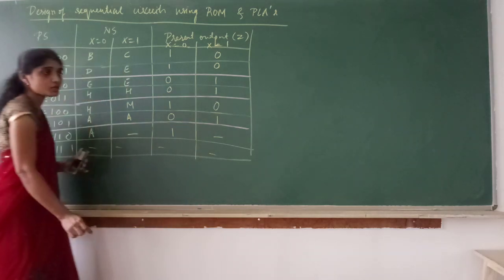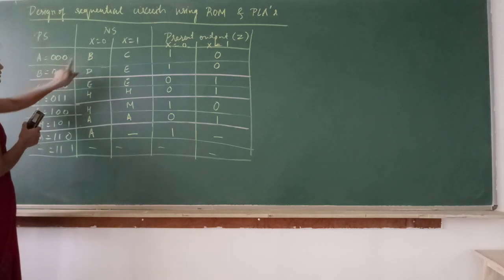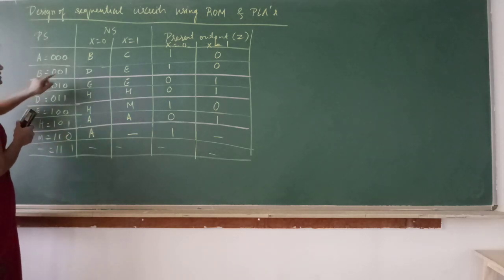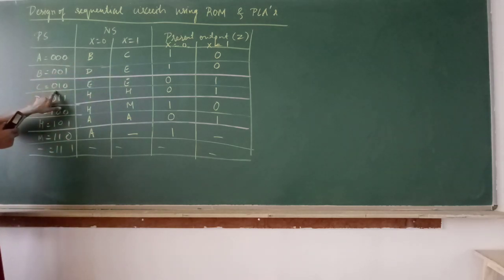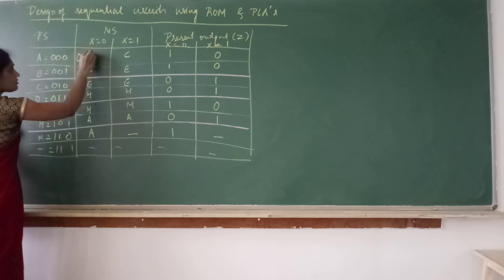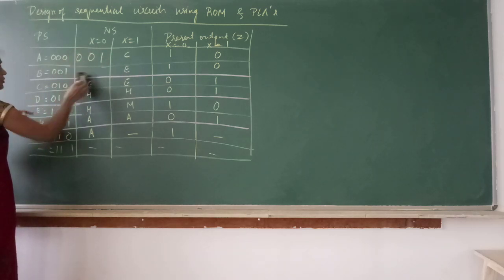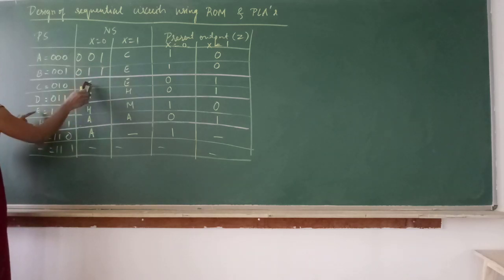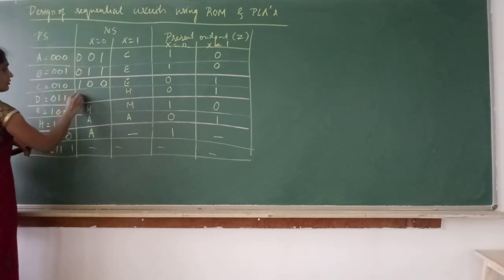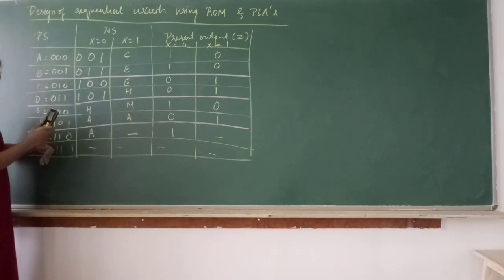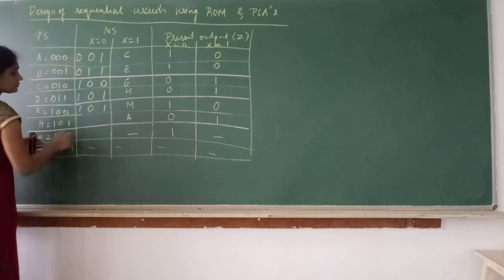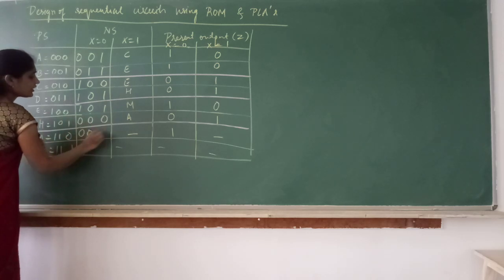Now, this is the first table. Next you have to write the state table, replacing all these variables with the state assignment we have done. B is 001, so I will replace it with 001. D is 011. E is 100. H is 101. Please write the next table. H is again 101. A is 000. Don't care is don't care; you can also write X.